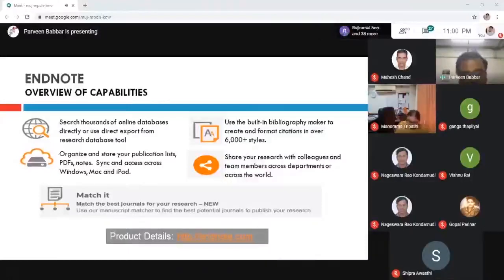If you are confused about where to send that paper, it is better to check through Match, so that it will give a listing of journals and their impact factors. I can show you if time permits, and these functions can help you in that.